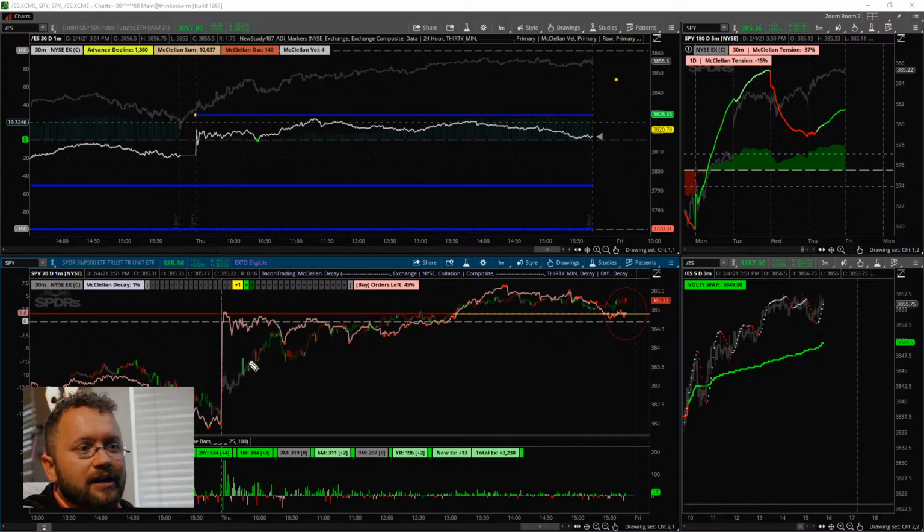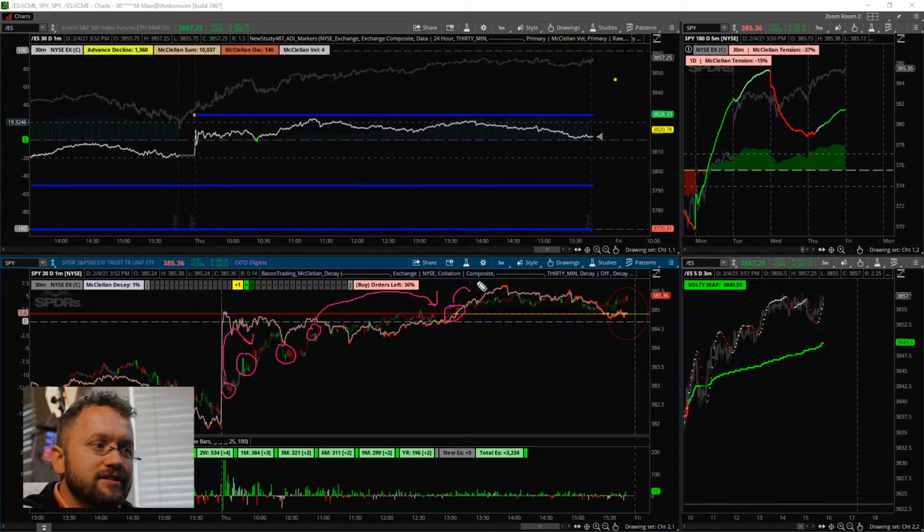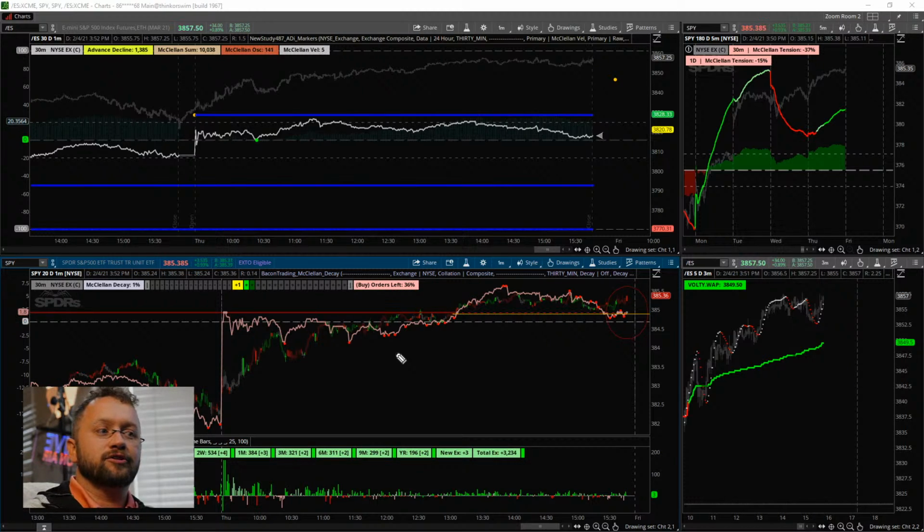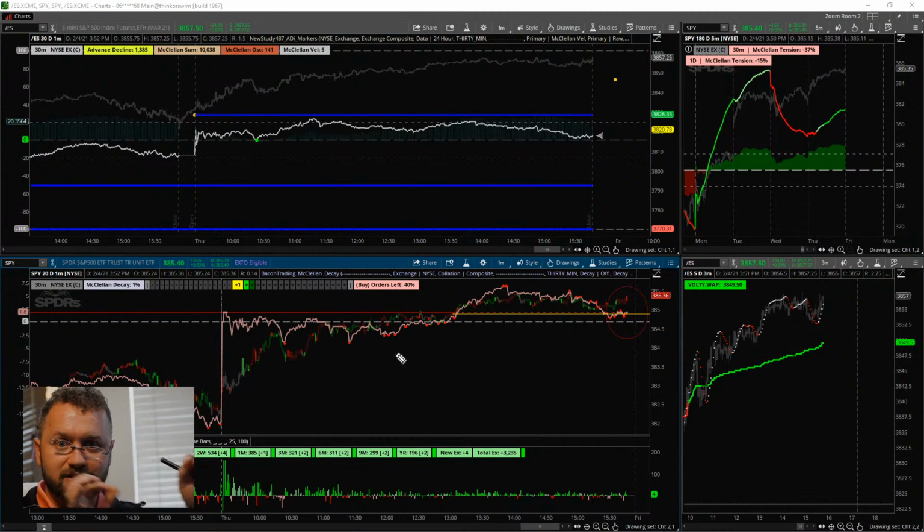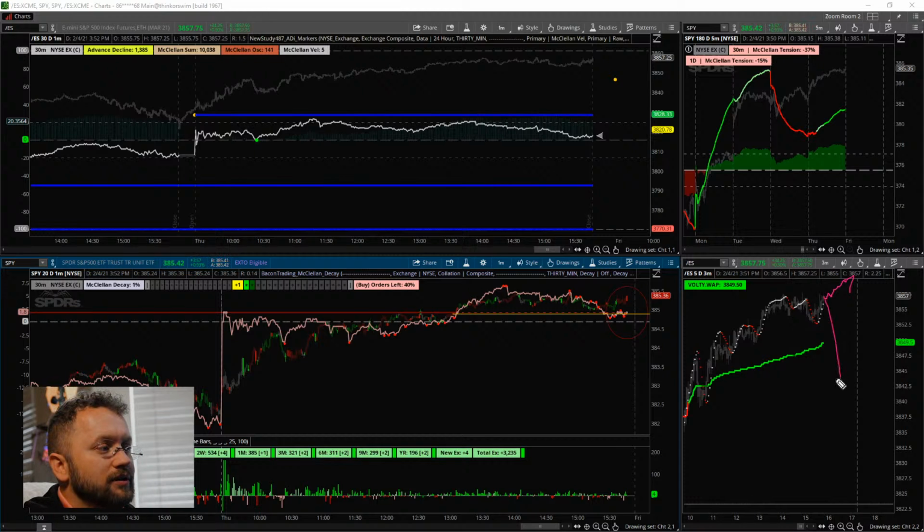So what you have to be good at is being able to mark out where the players are at. You need to know where they are. You need to know where they got in, where they got knocked out. Are they still in? And once you can mark that out pretty well, then you'll be able to create the narrative around it, piece together everyone's positioning, and then you can start to deduce, well, this makes sense. It makes way more sense to continue up than it does to gap down. That makes more sense. Perfect.